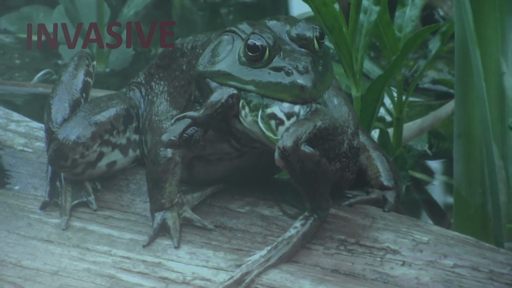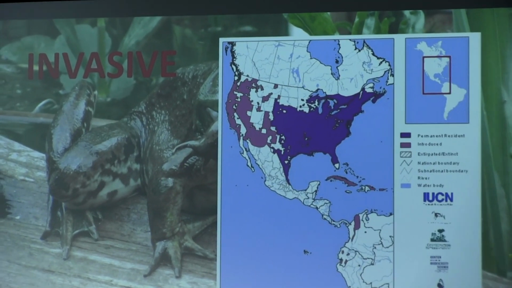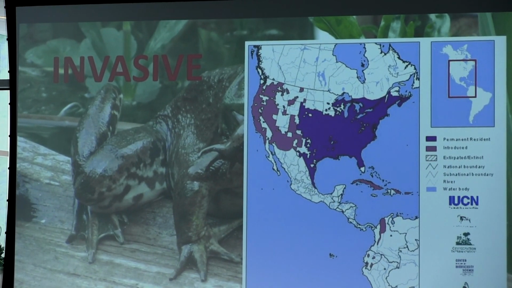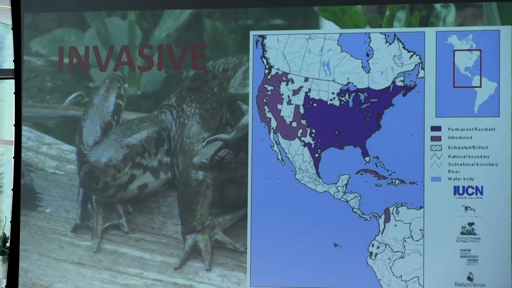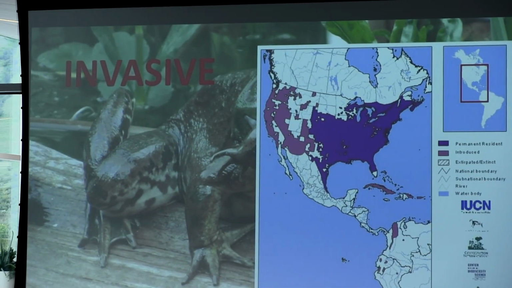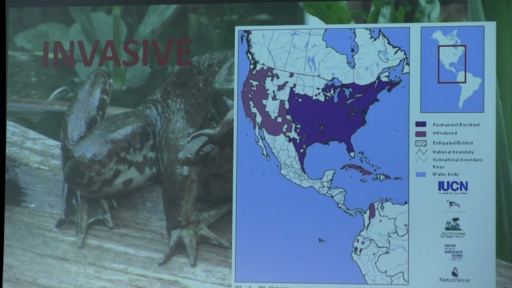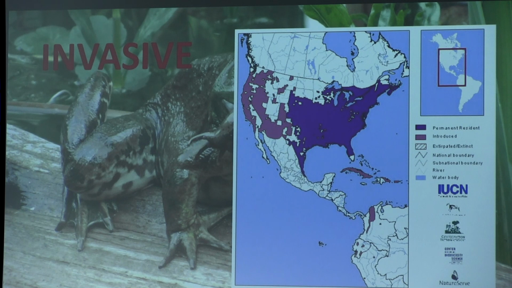Anything that they can fit in their mouth, they are going to eat. Their natural range is represented in that dark purple. They have spread to all those areas in pink, including Montana. We have several eradication efforts through FWP and through other organizations that partner with us, as well as I believe the tribes are leading their own eradication efforts, and they've done an amazing job with that. But bullfrogs are notoriously difficult to get rid of.